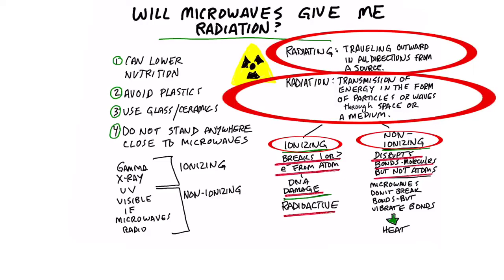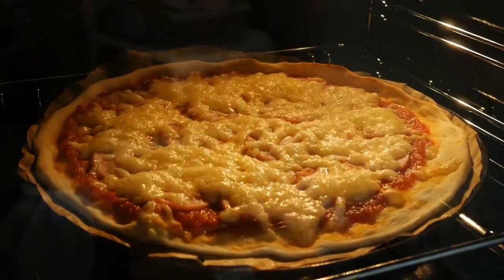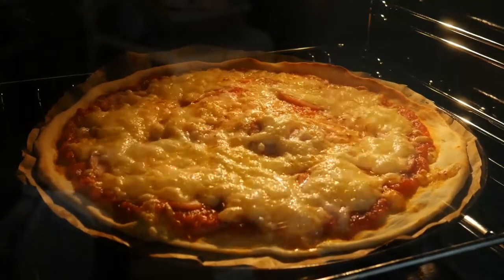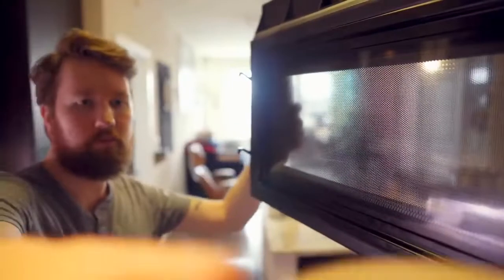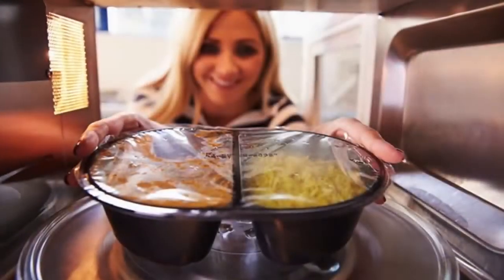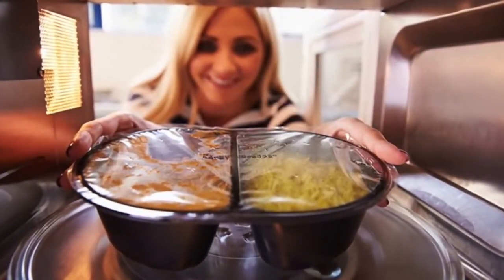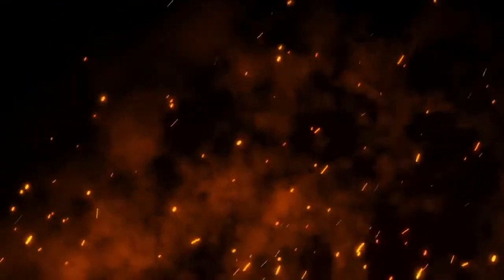But in the research on microwaves, apparently it doesn't even break the bonds, it just vibrates the bonds. So it might disrupt the bonds in some way and it creates heat. So that's really how microwaves affect the food. They're vibrating the food to a certain degree, which creates heat. All right, so microwaves can lower the nutrient value in food for sure, depending on how long it's being microwaved. But of course, heat in general lowers the nutrient content in food.